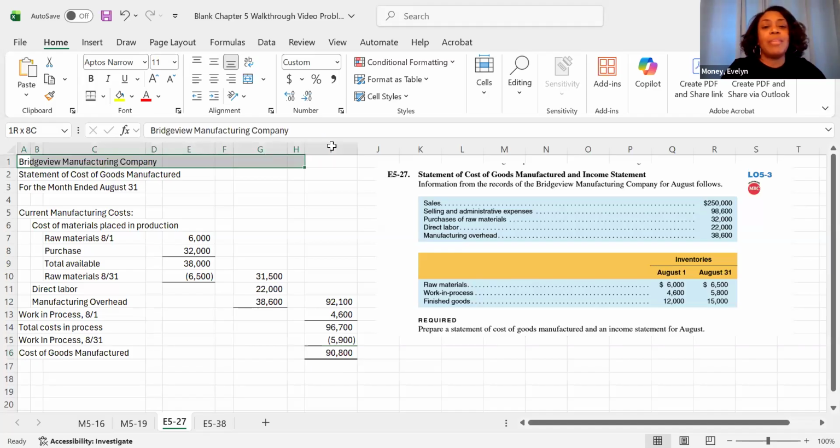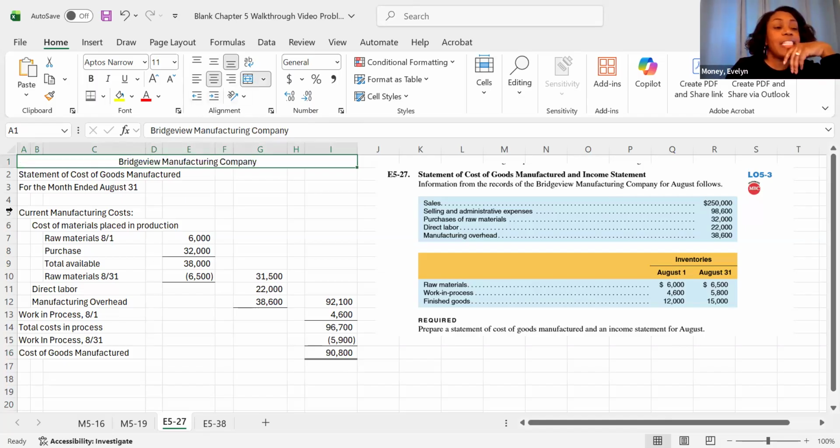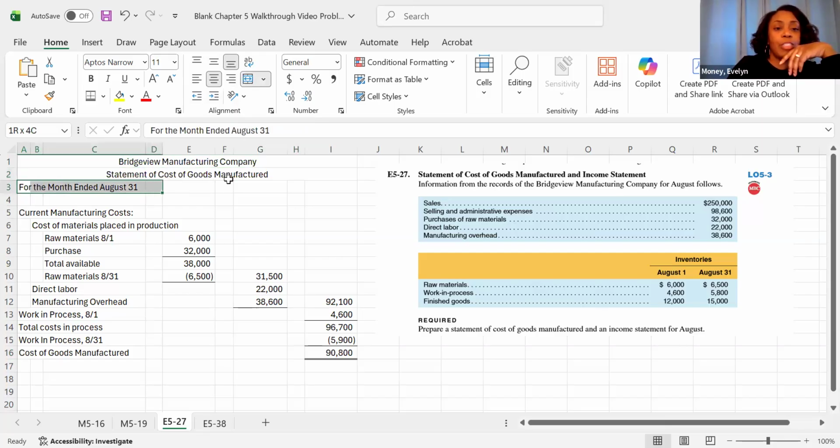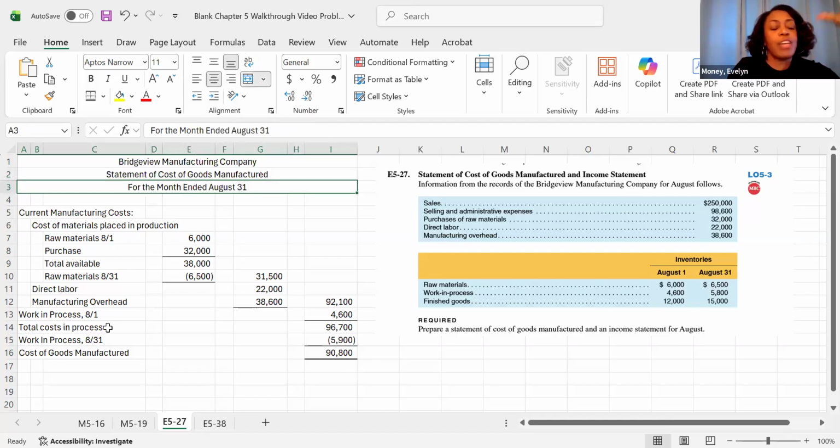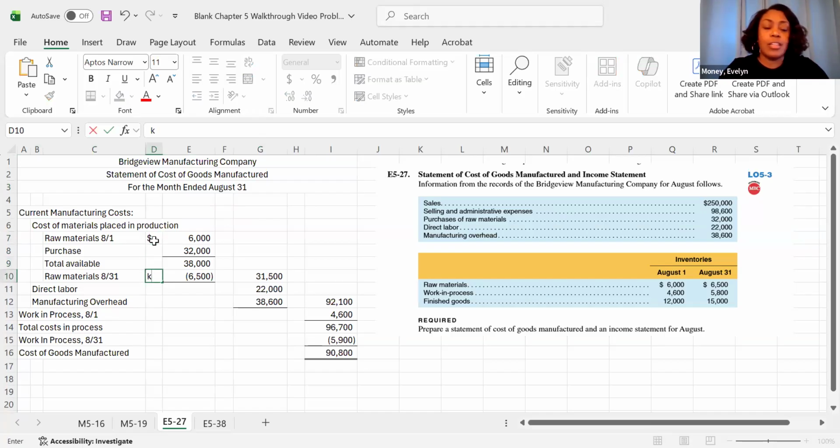All right, now let's make this look nice and neat by merging and centering the heading. And I'm going to have to throw in some dollar signs here. But we did all that to find cost of goods manufactured. Remember, we're just applying that inventory formula where you take beginning inventory plus your transfers in, you subtract out ending, and then that's going to give you what you used or what you sold or what you finished. Dollar sign, not a K, by the first number in the column, and I like to do the last number in the column as well.